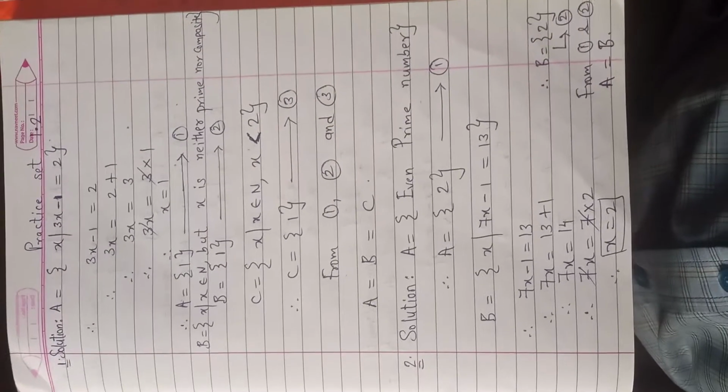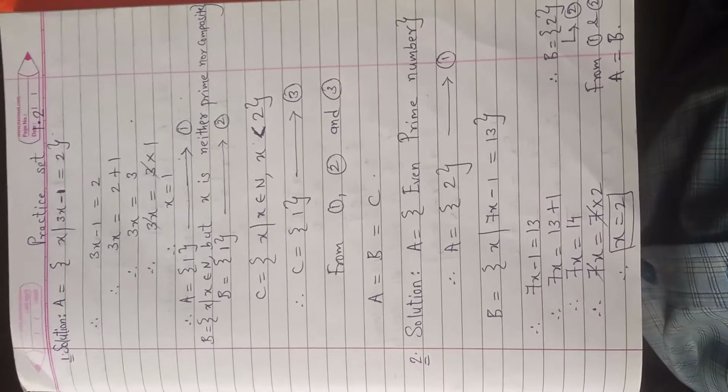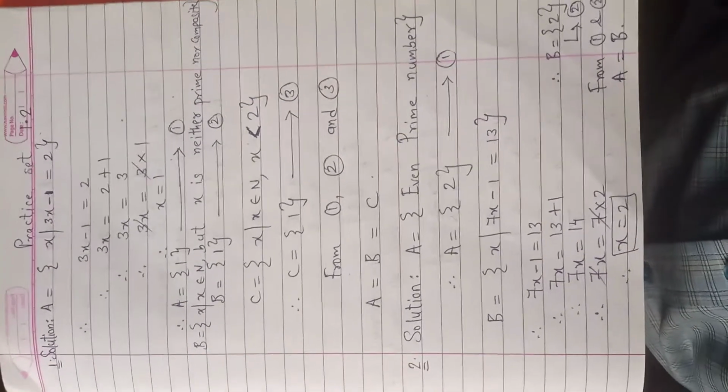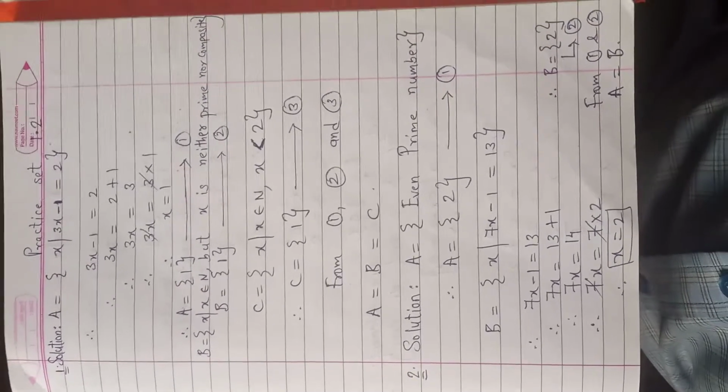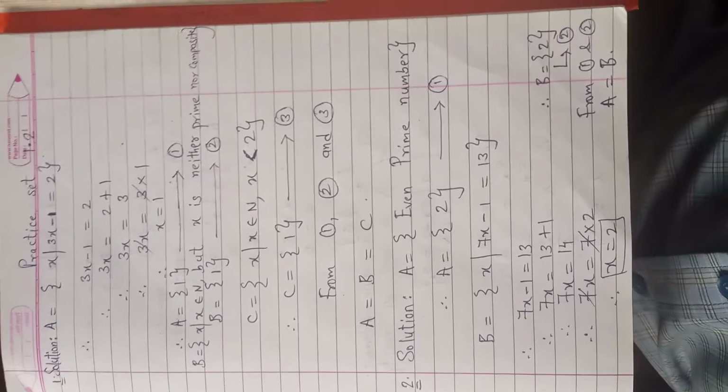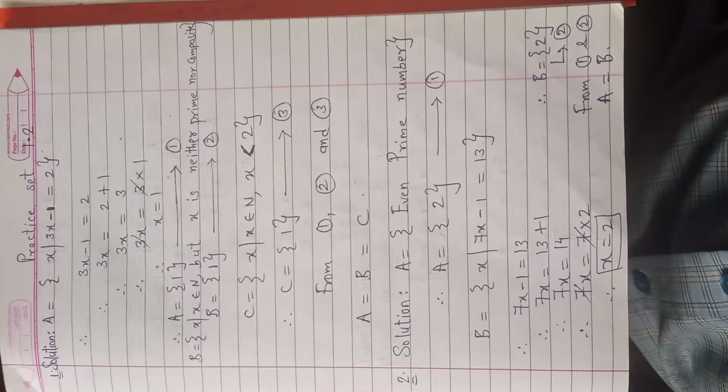The value of x equal to 1 means what? Set A consists of only one element, that is 1 only. Therefore set A is equal to {1}, equation number 1. Similarly, set B is equal to x such that x belongs to natural numbers but x is